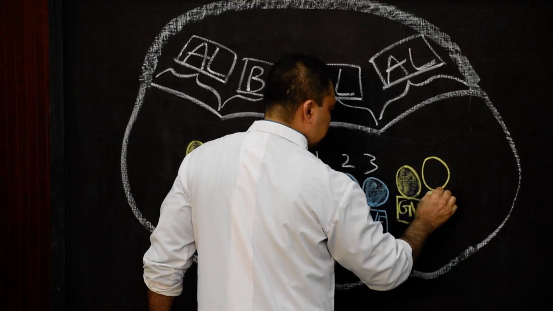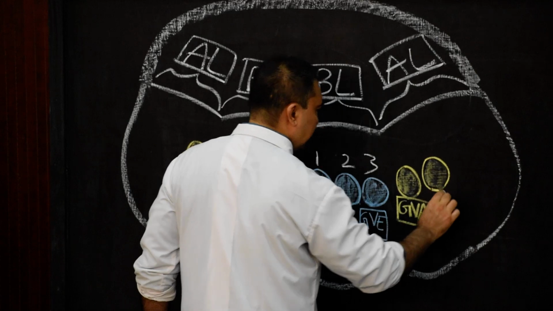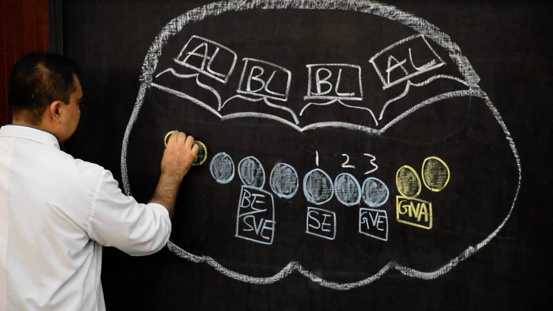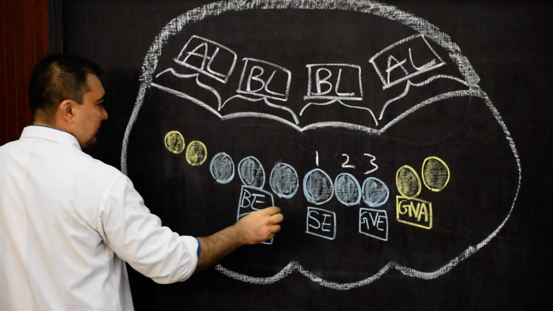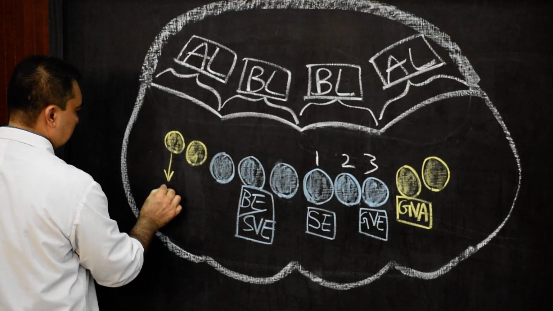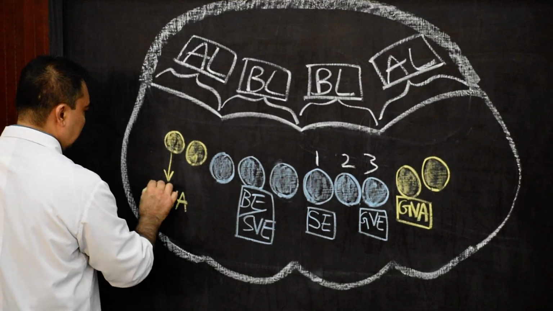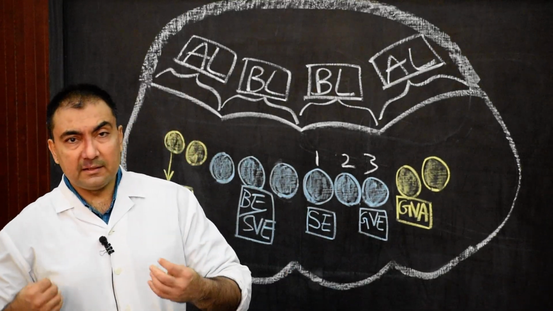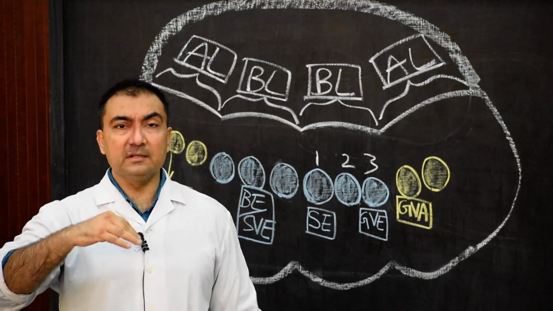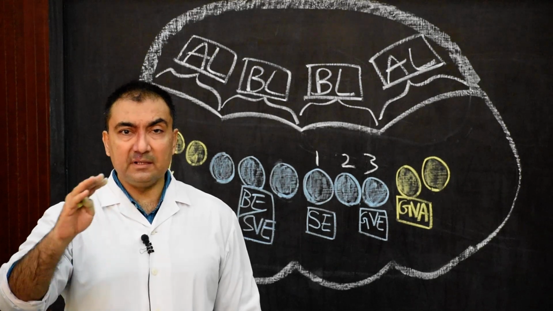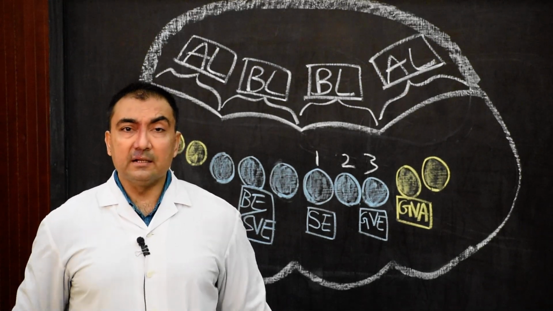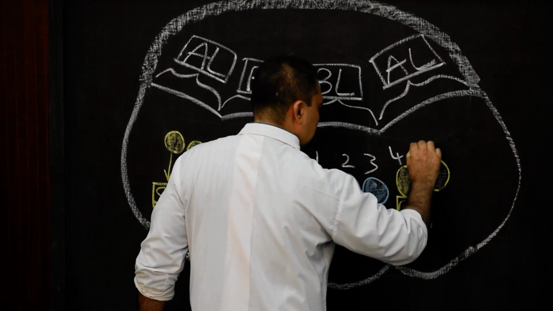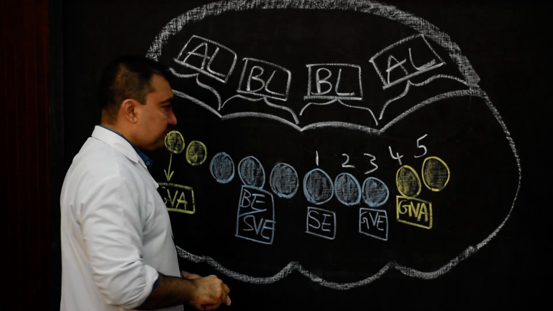In the next one, this will be known as the special visceral afferent. So here I will write down, this will be known as special visceral afferent. It will develop into those cranial nerve nuclei which will bring the taste sensations from the tongue and palate. So special visceral afferent, bringing the taste sensations from the tongue and the palate. Then in sequence we have 4, 5, now 6 and 7, the last 2.